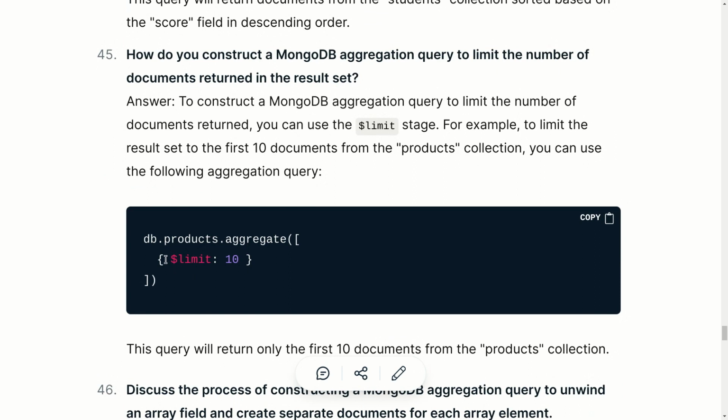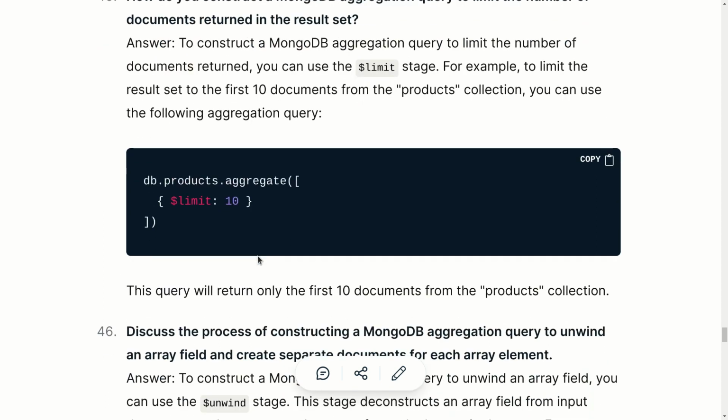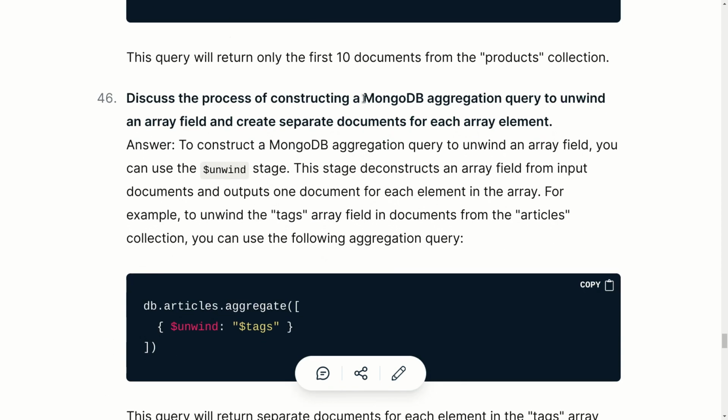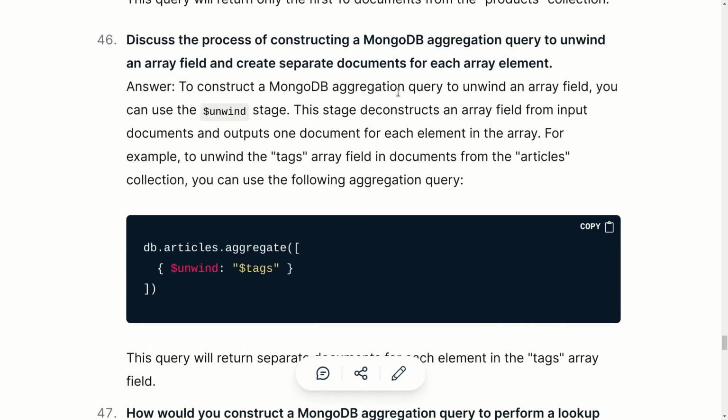The next question is, how would you construct a MongoDB aggregation query to limit the number of documents? So we use a limit stage, right? By using this limit stage we can perform the limitation, like if we only want the first 10 documents, we can get only the first 10 documents, right? Next, discuss the process of constructing a MongoDB query to unwind an array field and create a separate document for each element. To construct such an aggregation query, you can use the unwind stage, and